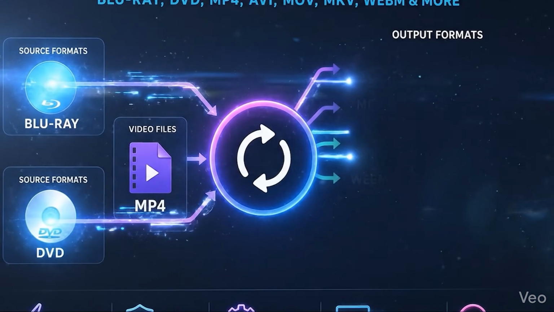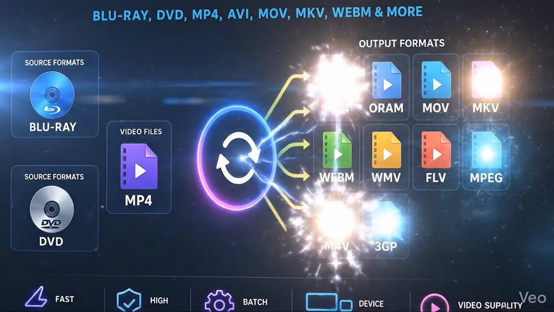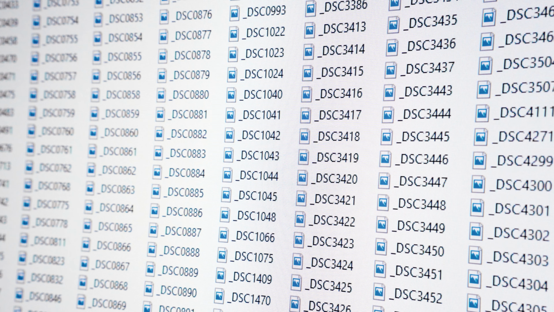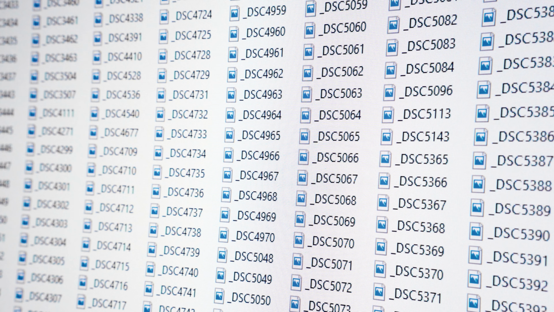Guys, if you work with video, sooner or later, you're going to run into this problem. You got a file, but it's in the wrong format. Maybe it's an MP4 and you need an MOV. Maybe you've got a video clip and all you need is the audio. Or maybe you need to convert a batch of files so they actually work with the software, device or platform